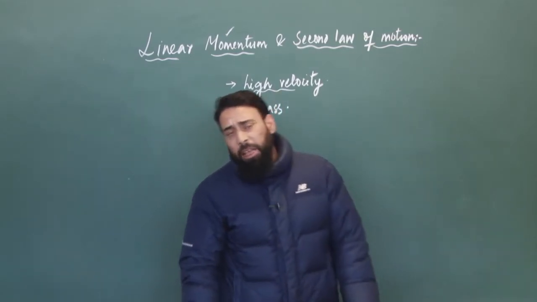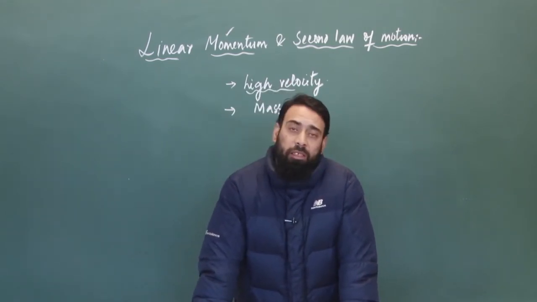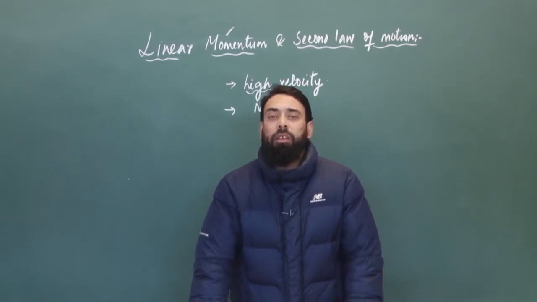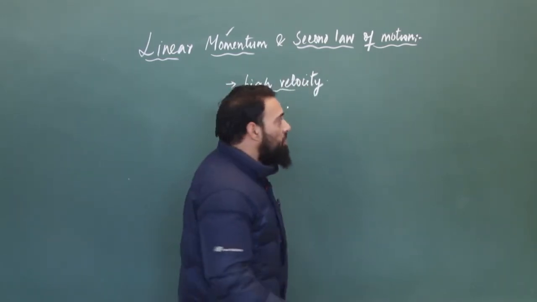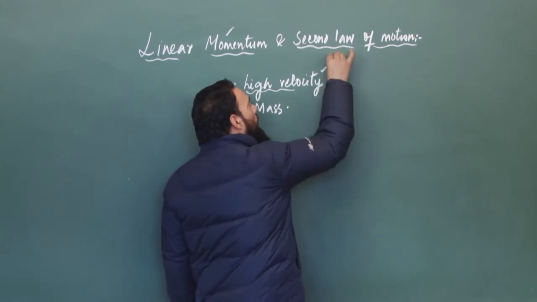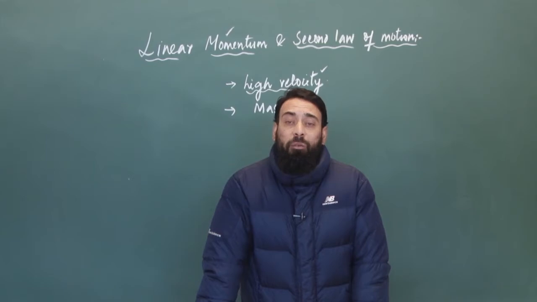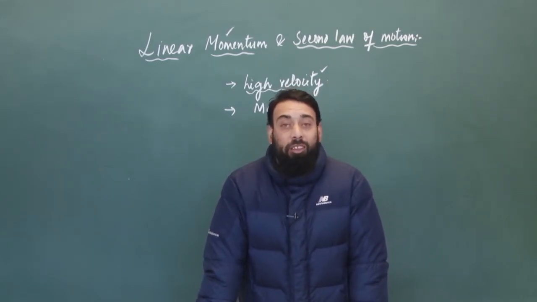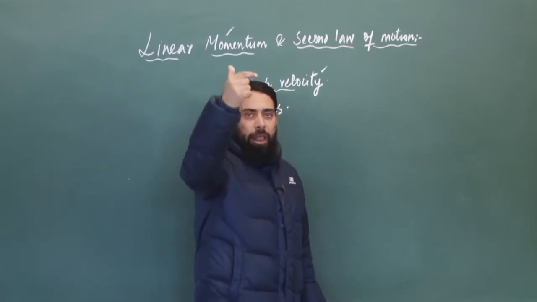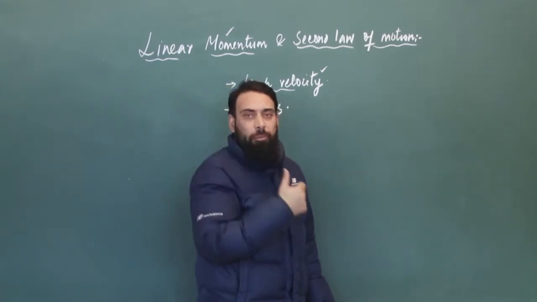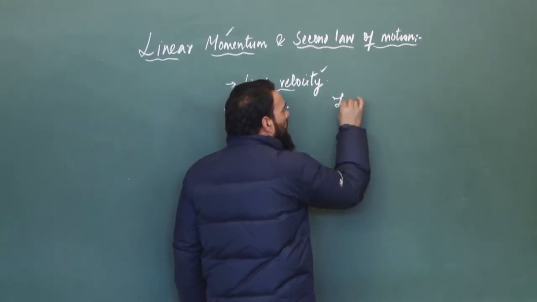So we can say that the quantity of motion of a body is known as linear momentum. There are two important factors which decide the momentum of a body: one is the velocity of the body, and the second is the mass of the body. And we can define linear momentum as the product of mass and velocity. So let us start now with the literal meaning of momentum. The literal meaning of momentum is the quantity of motion